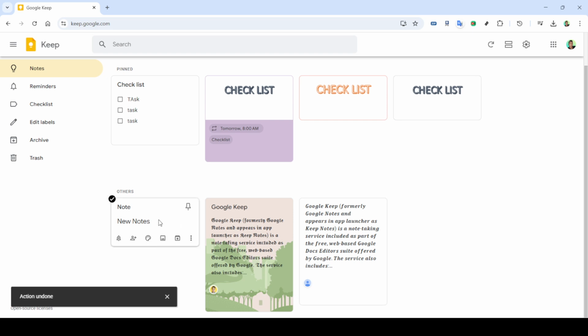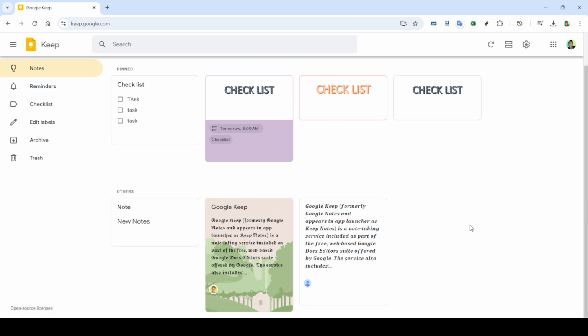In addition, if you need to access any further options for a specific note, like deleting it altogether, you can click on the three vertical dots which represent